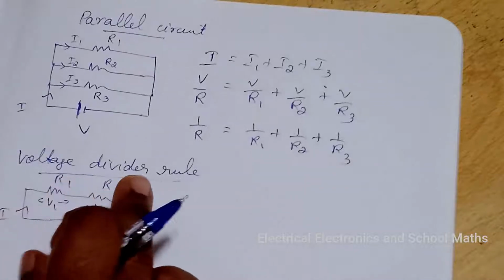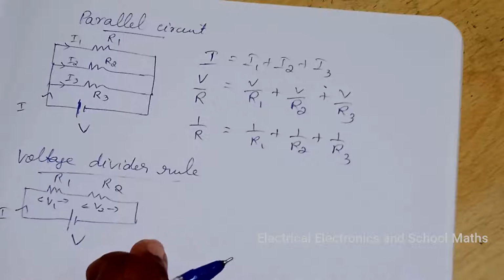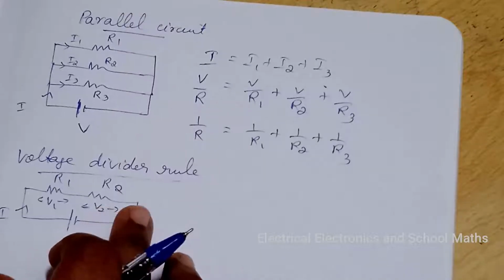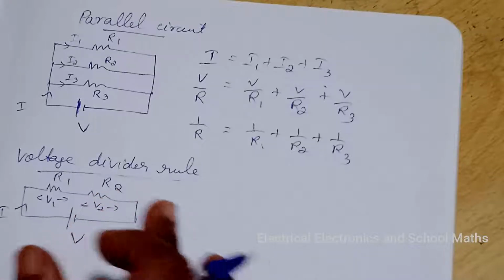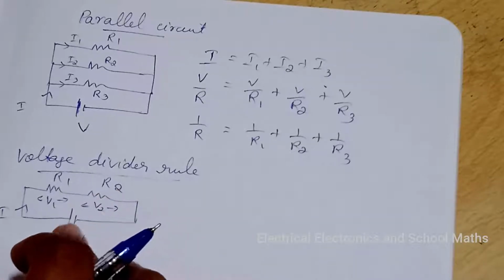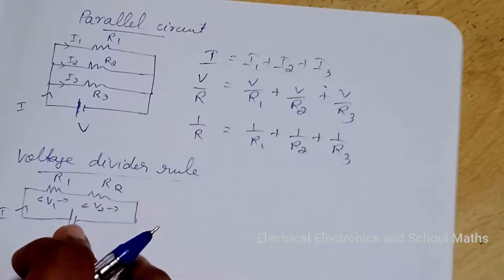Next is the voltage divider rule. The voltage across a single element or a combination of elements in a series circuit can be determined without first finding the current if the voltage divider rule is applied. The rule can be,